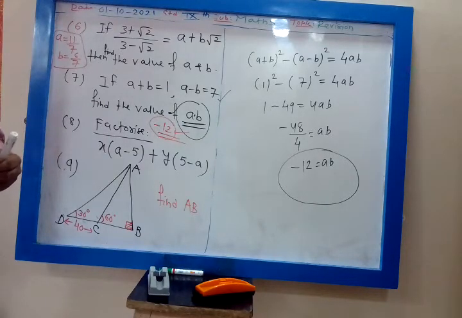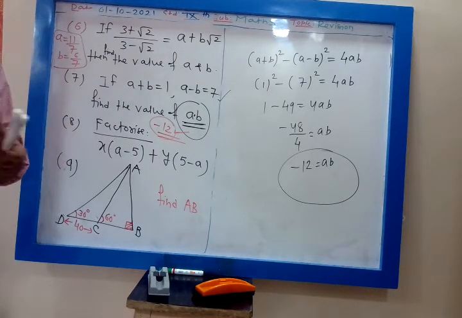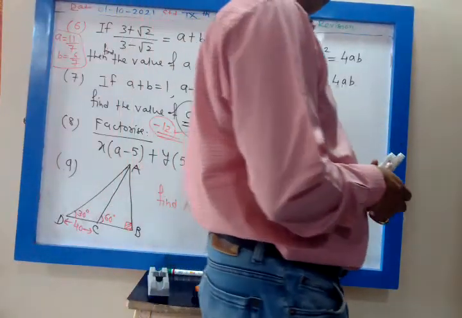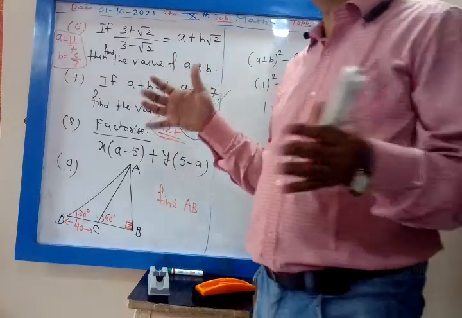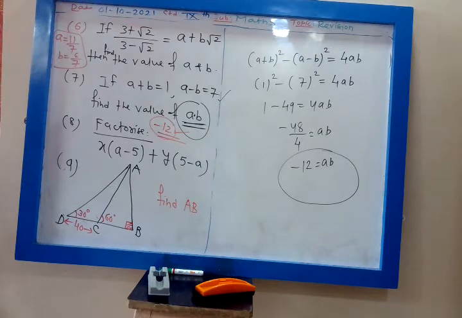Very good. So basically mathematics is a subject where you should be able to move forward and backward both the directions. You have studied linear equation, you have studied expansion, you have studied factorization. You should be able to club the result of linear equation in expansion and factorization and expansion in linear equation. Very good. Chalo, tell me the answer of Kate.